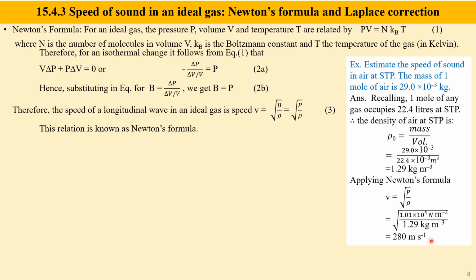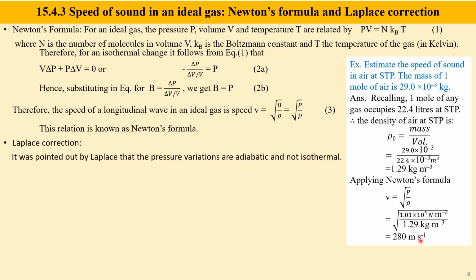So the value of speed calculated is 280 meters per second. But if you compare this value with the value given in the table in the previous section for air, it is less by 15%. That is, the value in the table is given as 331 meters per second, whereas this is lesser than that. So there is some difference, which was explained by Laplace, and it is known as the Laplace correction. It was pointed out by Laplace that pressure variations are adiabatic and not